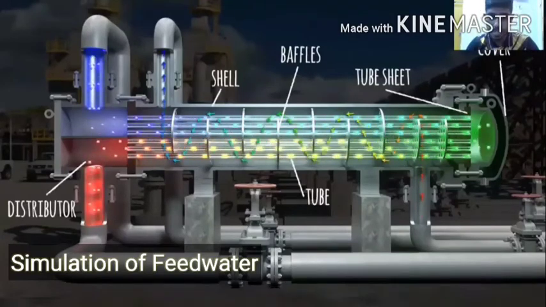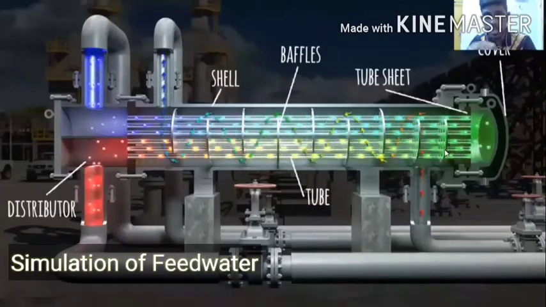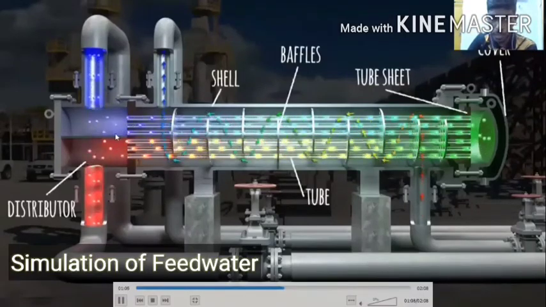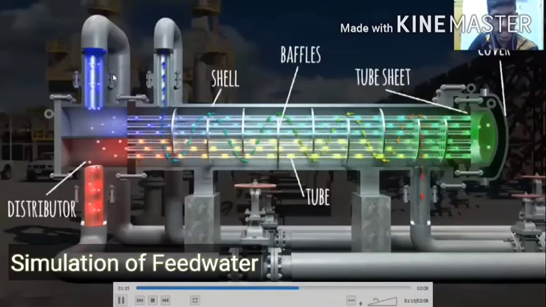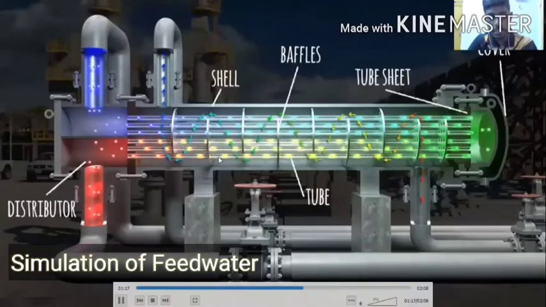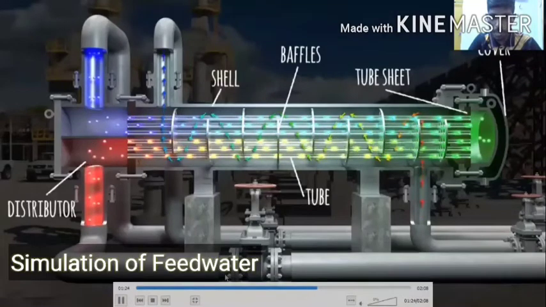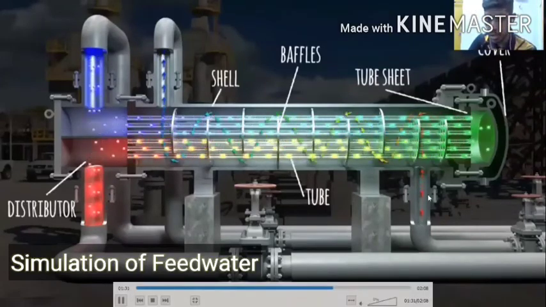So the tube is surrounded by the steam, the hot fluid. Eventually the heat from the hot fluid will transfer to the cold fluid, which is on its journey to the boiler. So eventually the cold fluid will get hotter and will move towards the boiler, and the steam which is condensed into hot fluid,